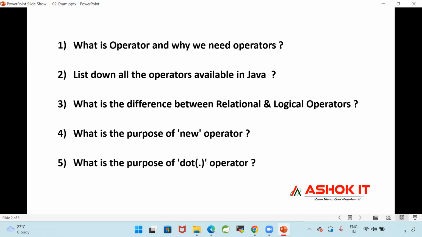What is the purpose of dot operator in Java? New operator and dot operator.